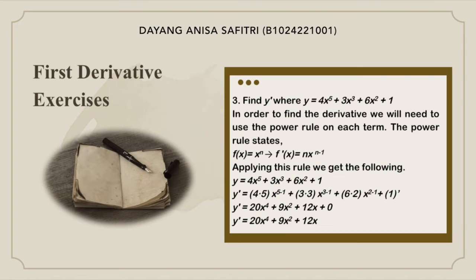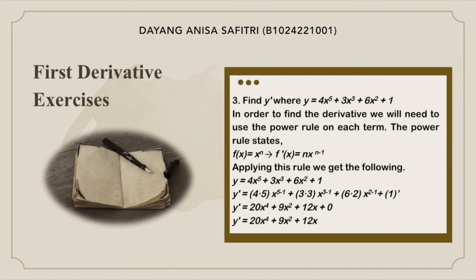In order to find the derivative, we will need to use the power rule on each term. The power rule states that if f(x) equals x^n, then f'(x) equals nx^(n-1). Applying this rule, we get the following: y equals 4x^5 plus 3x^3 plus 6x^2 plus 1. y'